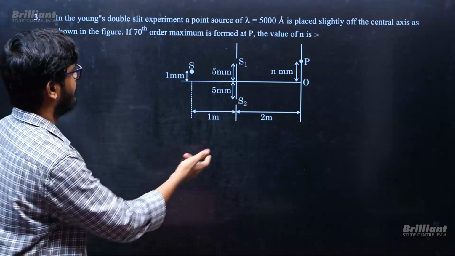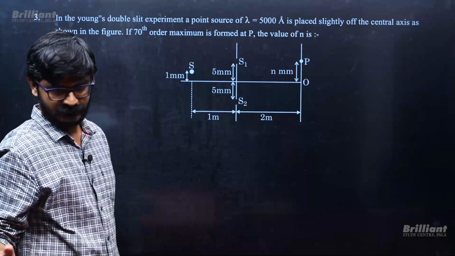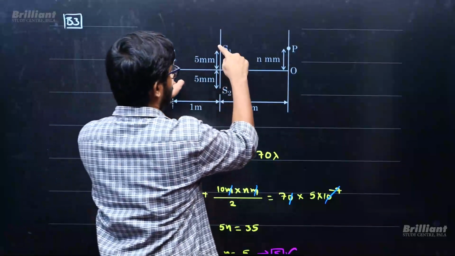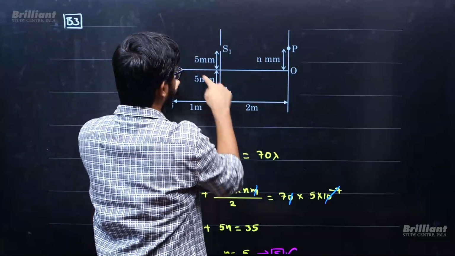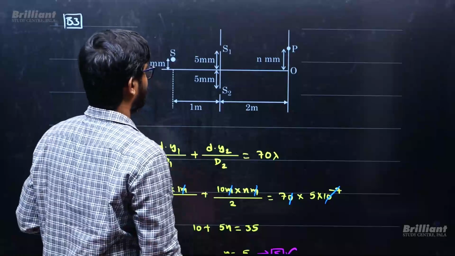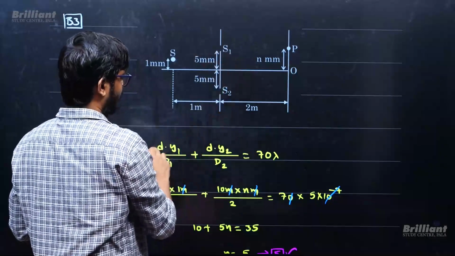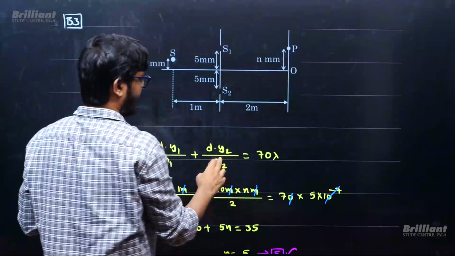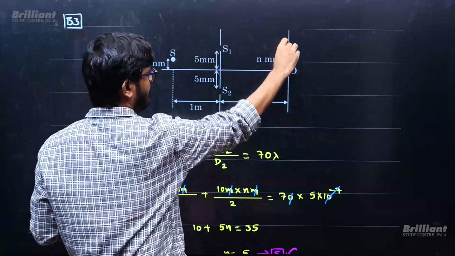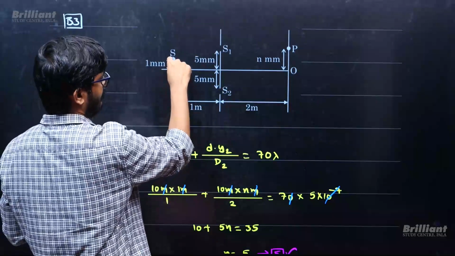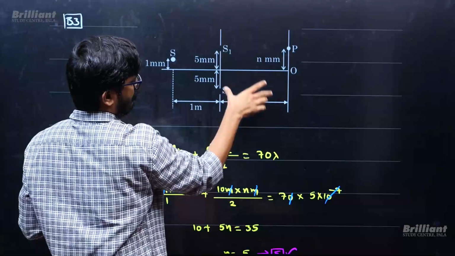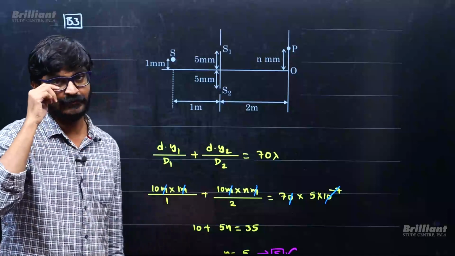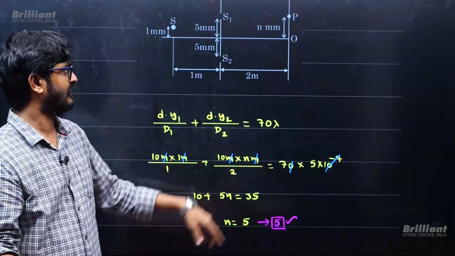You need to find where there will be the 70th maxima. So you will be calculating this length and this length, and this length and this length, and you will be finding the path difference. So path difference this side is going to be d y1 by D, where this is y1. Path difference this side is going to be d y2 by D. So path difference totally from here to here is going to be d y1 by D1 plus d y2 by D2. So total path difference, if it equals 70 lambda, then it is the 70th bright fringe,